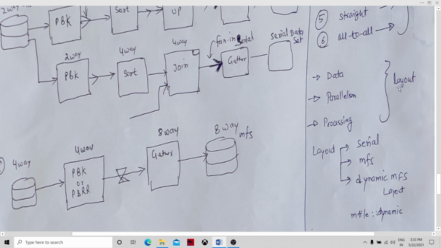Let's talk about the layout now. What layout signifies is why we decide the layout. Whenever we have a use case and huge data sets to be processed, and we want to take advantage of the data parallelism of Ab Initio, we would think on three things: what data we have, how much volume we have, and whether the volume is growing, and at what frequency it is going to grow.